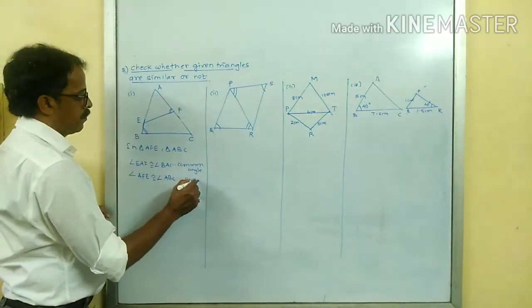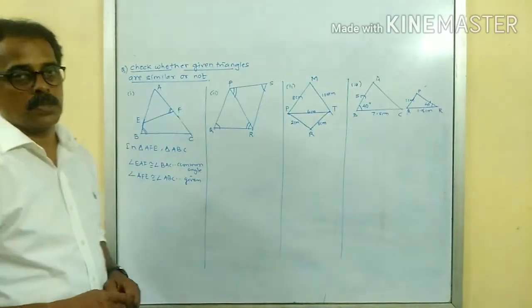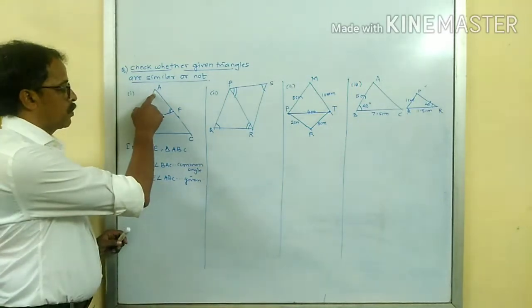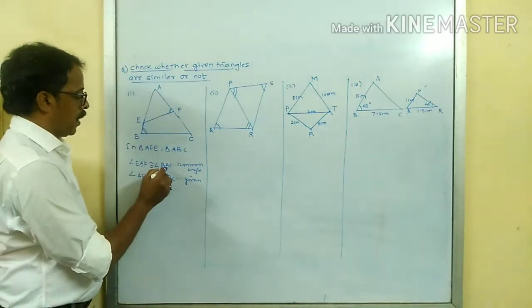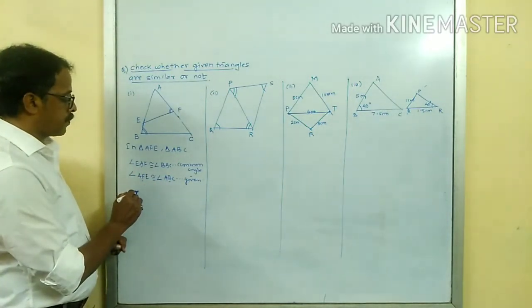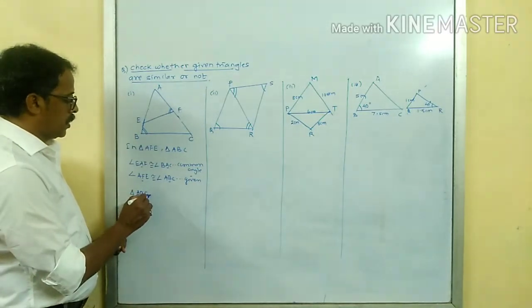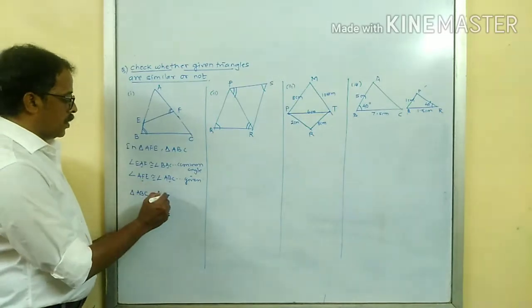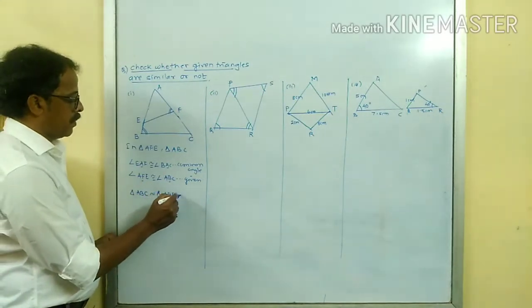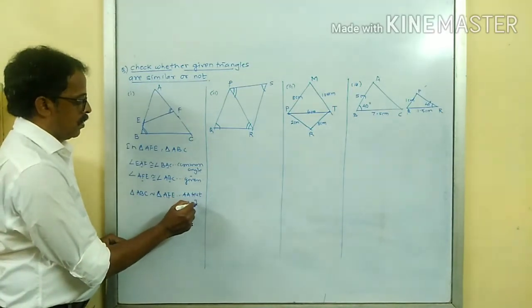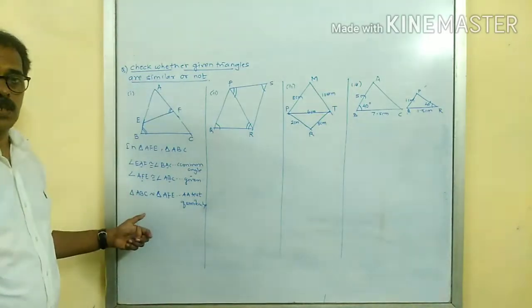This was given. Now most important, as I said in the previous lecture also, is how to write down the corresponding pair. Angle A is congruent to angle A, angle F is congruent to angle B. So I write triangle ABC is similar to triangle, for A the corresponding is A, for B the corresponding is F, so I write here F and E, by the AA test of similarity, right?